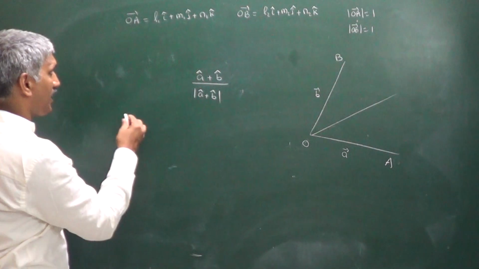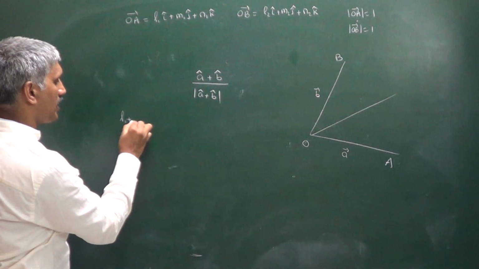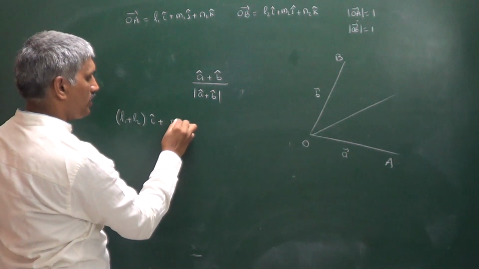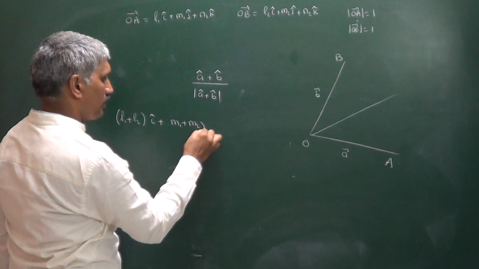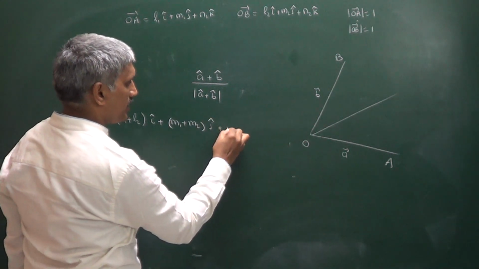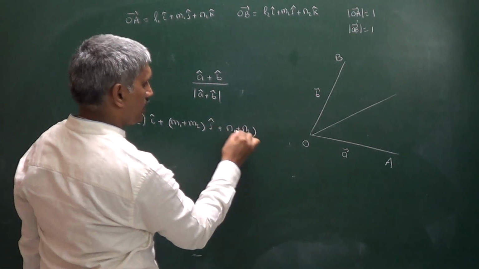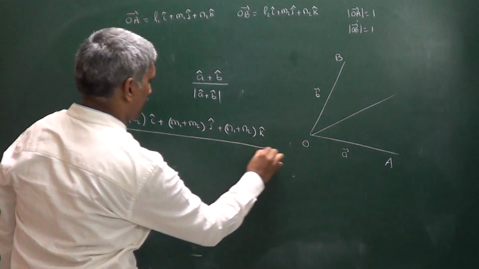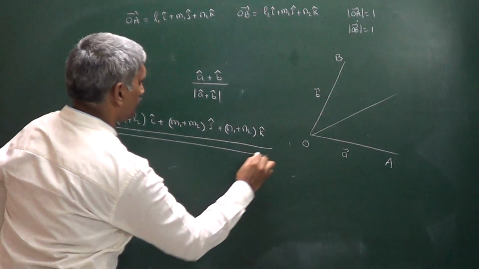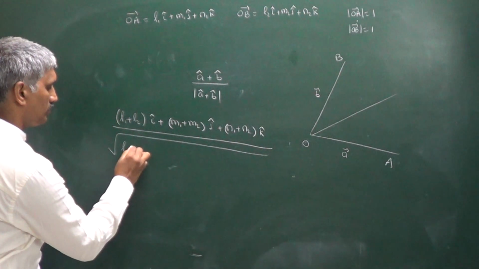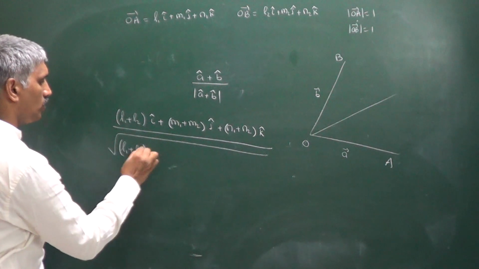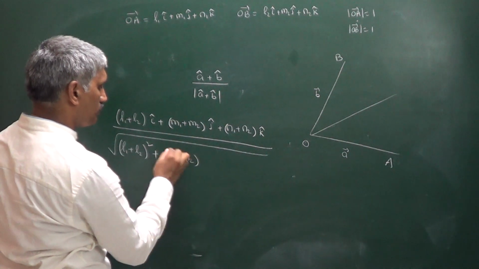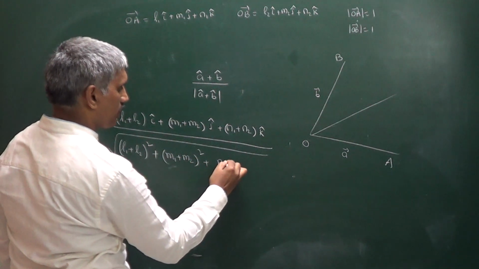So what I can write is (L1 plus L2) i cap plus (M1 plus M2) j cap plus (N1 plus N2) k cap, right? The whole divided by square root of (L1 plus L2) whole square plus (M1 plus M2) whole square plus